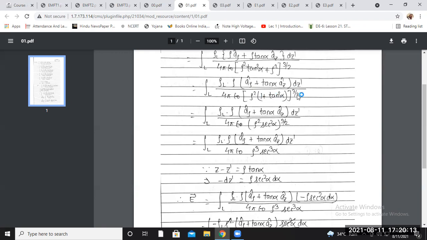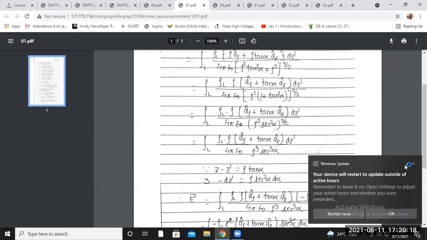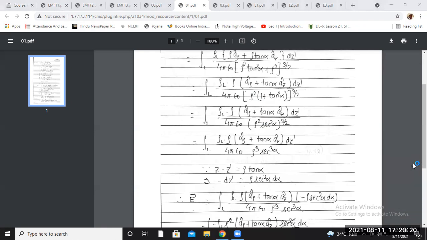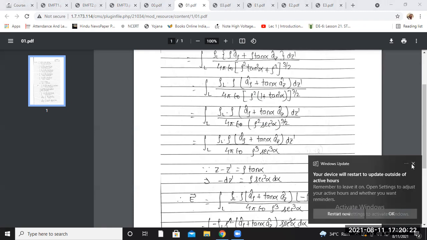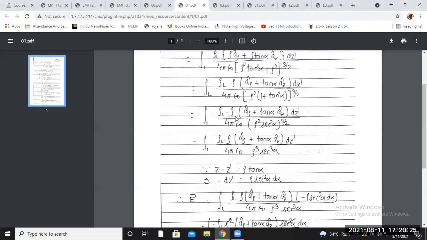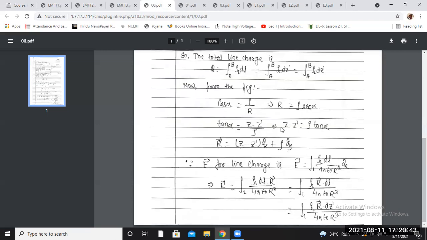That means square into 3 divided by 2. So 2 will be cancelled, only rho cube will be there. So accordingly, if you solve this equation, you will get the final term, this integration over the length rho l into rho arrow cap plus tan alpha az dz dash divided by 4 pi epsilon naught rho cube sec cube alpha. Okay, as we know, in this format we have derived z minus z dash equal to rho